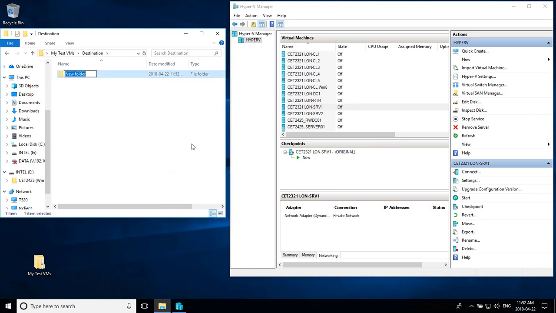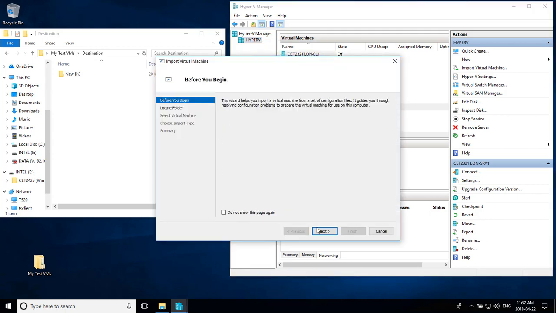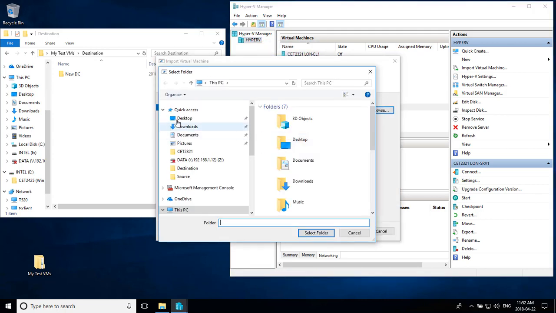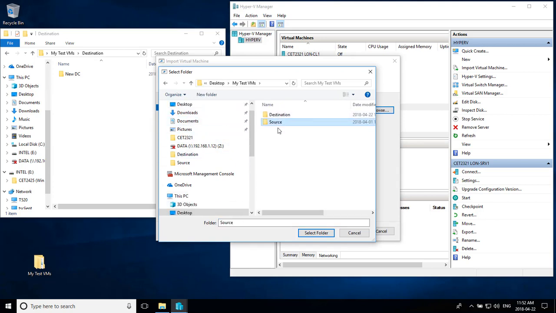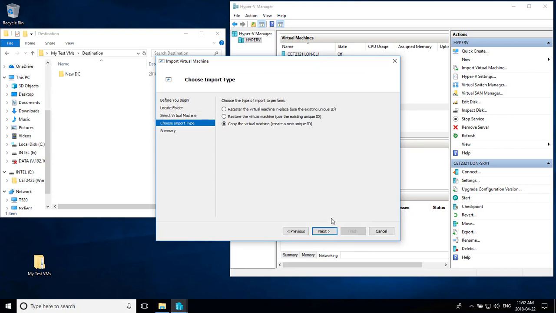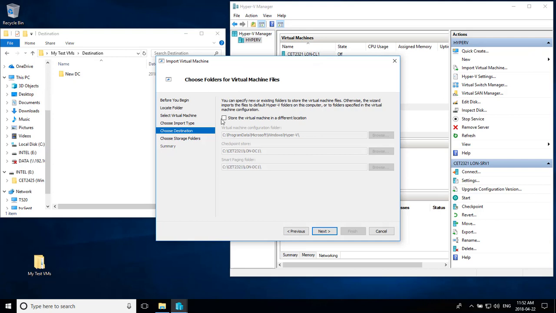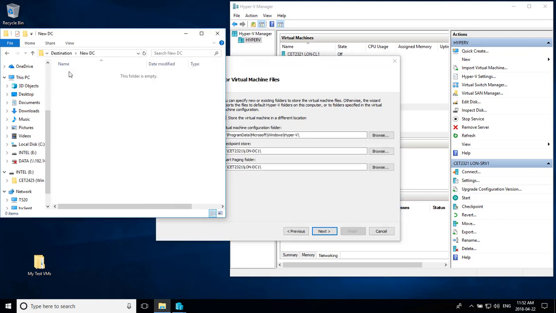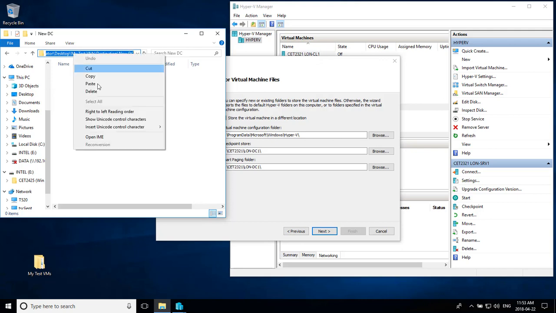Using the new folder, I'm going to call this back import. Source is going to be my source. My select. Remember the unique ID. Next. Or in a different location. I'm going to store it here. I've got two ways of doing that. I can simply click on this and go copy,